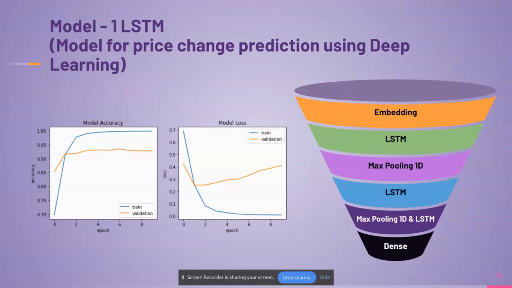So the embedding layer basically takes 2D integer tensors of shape and at least two arguments, like the number of possible tokens and the dimensionality of embeddings. To be more precise, the embedding layer is a dictionary that will link the integer indices to dense vectors. And finally, it will return a